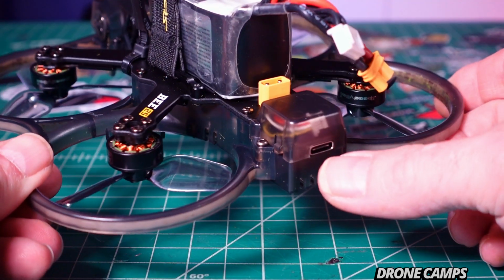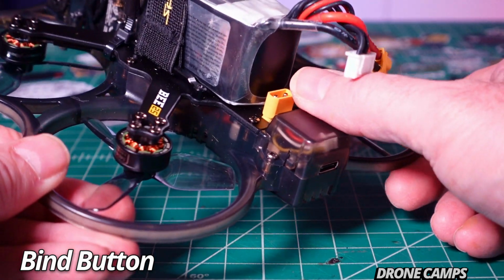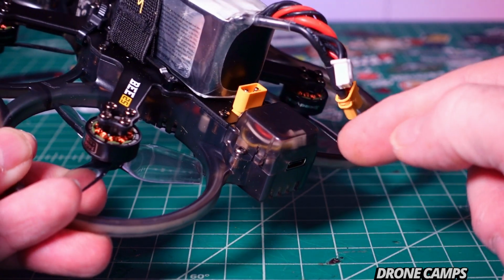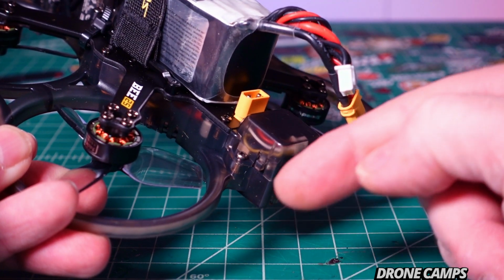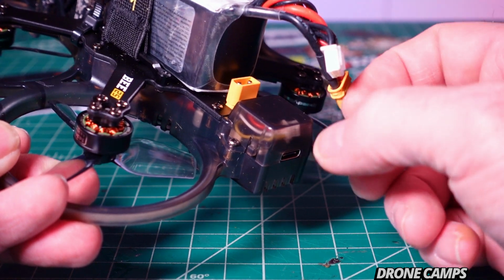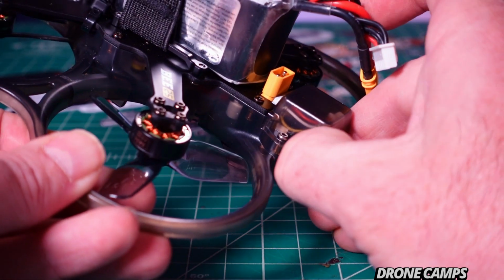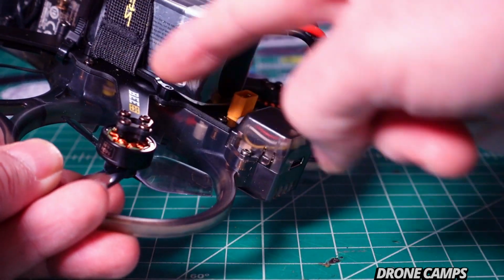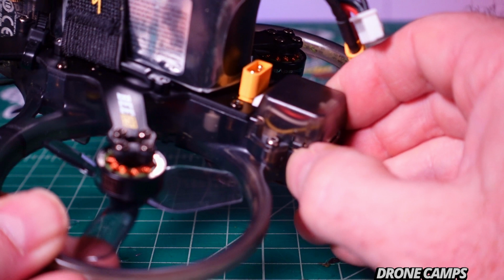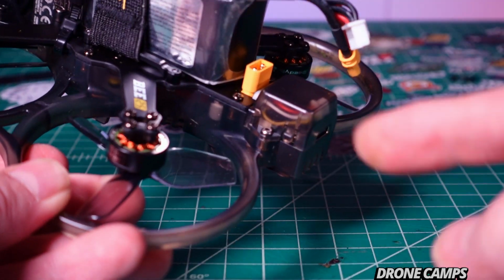Now, I showed you earlier the USB-C port back here and the GPS hookup for the BZ181, the XT30, and all of this can come off. We also have something hiding back here that you most likely didn't notice earlier. It is the boot button, because I'm sure some of you guys are sitting there going, well, if I have to flash the firmware, how am I going to do that with this back here? Here is the boot button on the side. So SpeedyBee moved the boot button to the back, which is pretty cool. You can just barely see it right there. If you press and hold that, plug your USB-C in, you're going to be able to flash the firmware